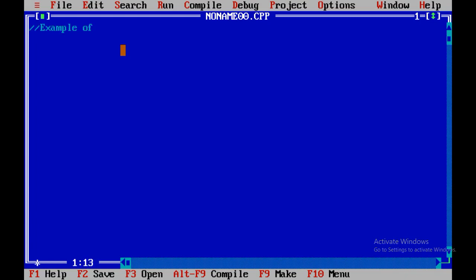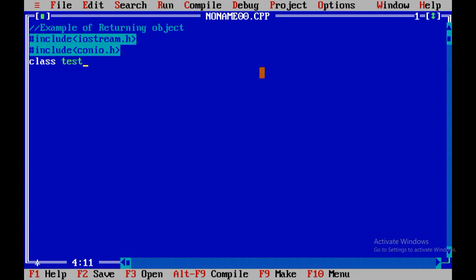Example of returning object. Include two header files, iostream.h, and conio.h. Class test, integer x.